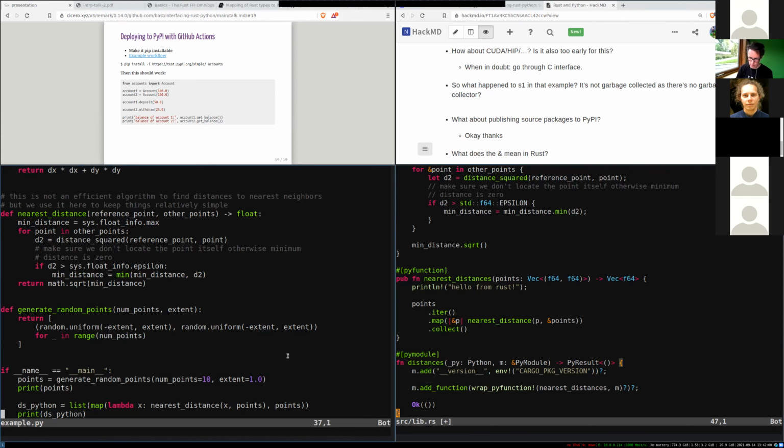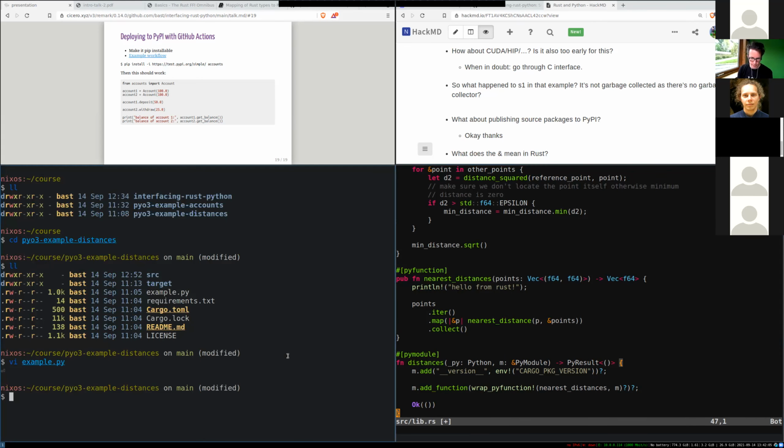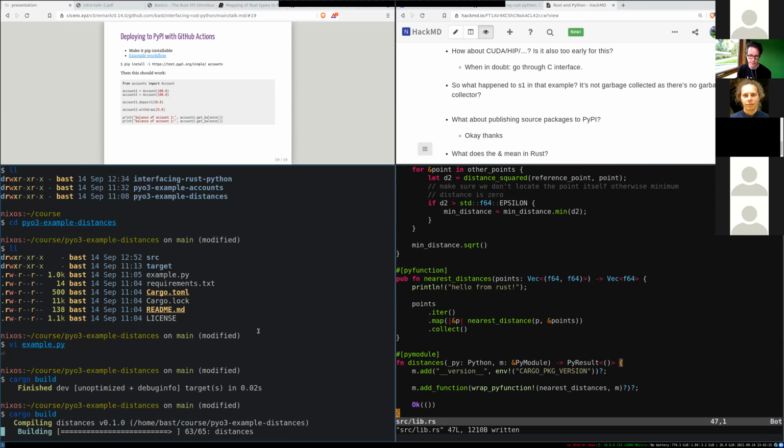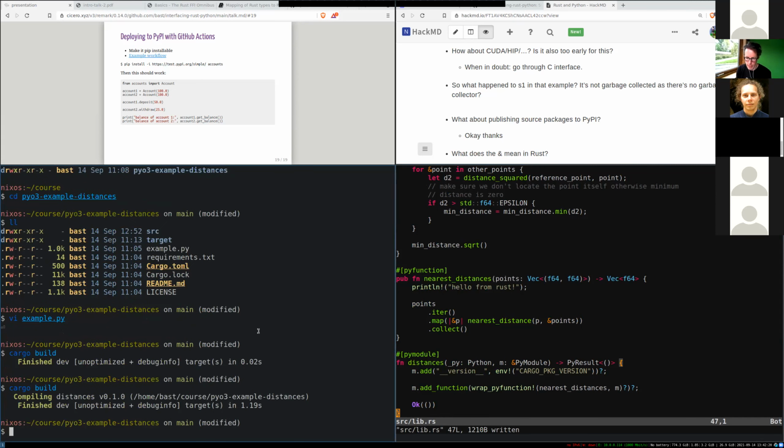But now that I go out, let's go out here. If I now do cargo build, see whether this worked. Seems to work, but I didn't save. Now I saved. So now it compiled it. It built the Python